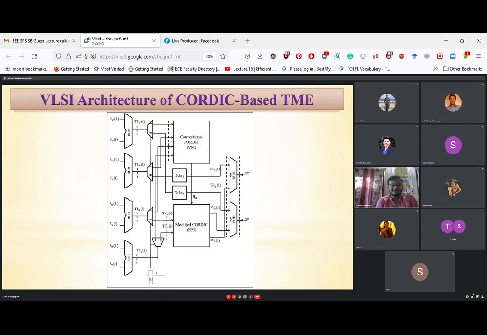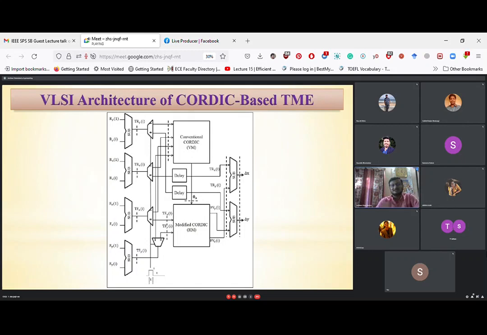And this is the ultimate hardware for image registration. Del x and del y give us the amount of shifting that we need to do for each coordinate. If the coordinate is x and y, that coordinate will be shifted to x plus del x, y plus del y. So del x and del y we have determined. That means the rotation and the shifting parameters we have determined.